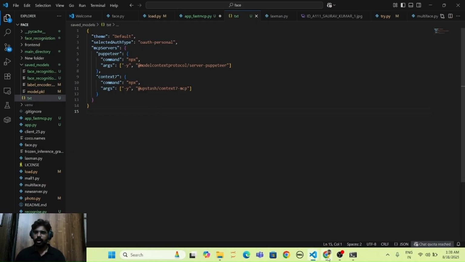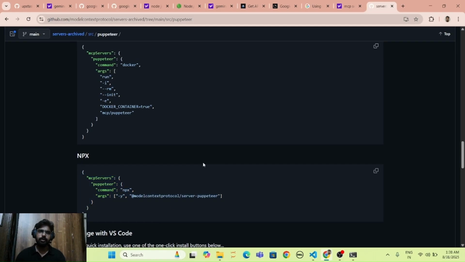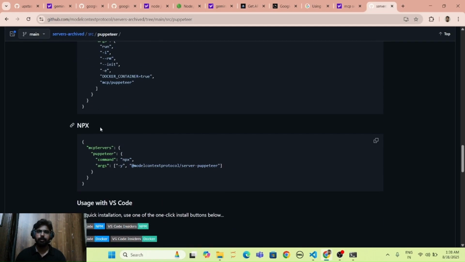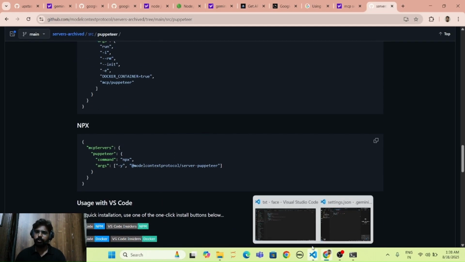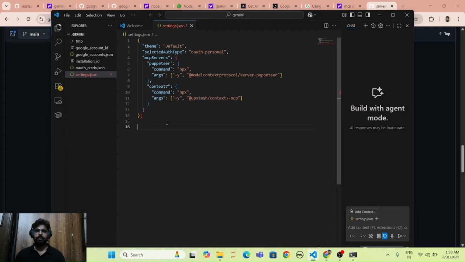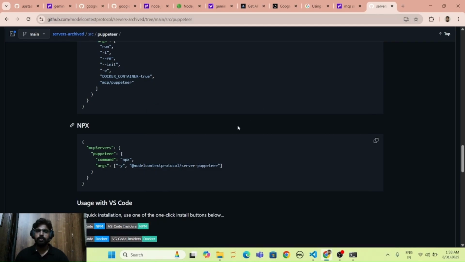Using this, you can find your MCP server's npx command, and you have to put it into this one. Okay, so now